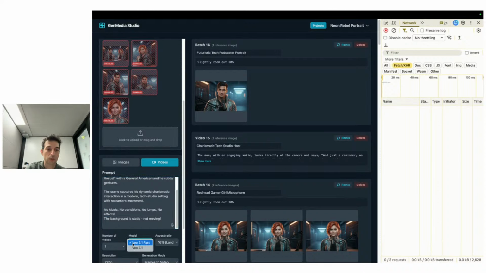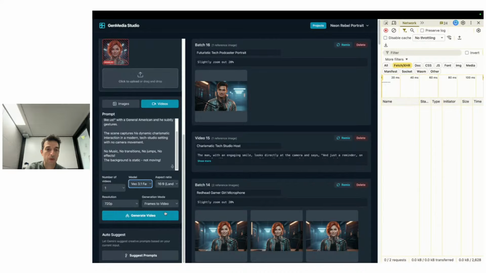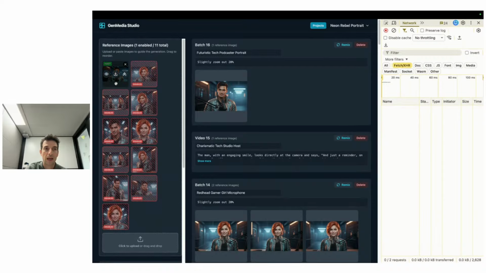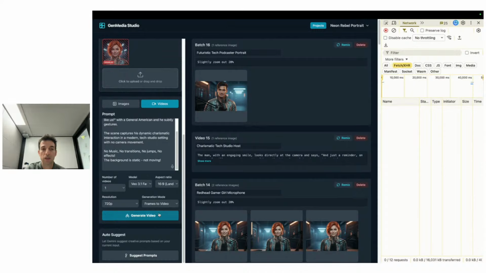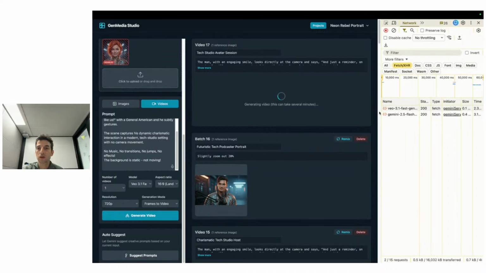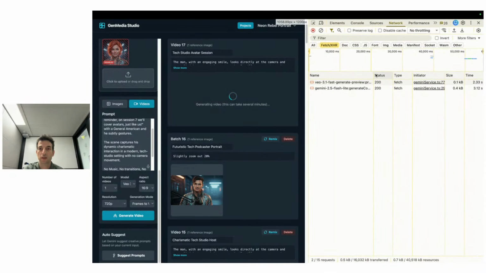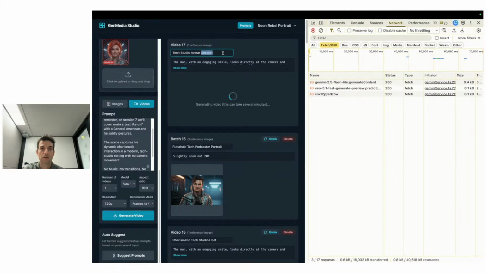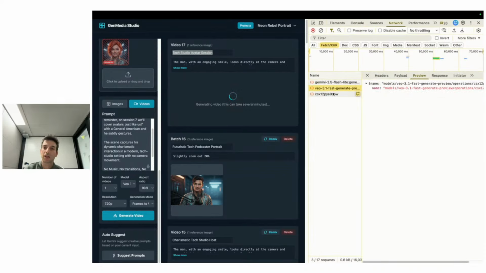And for model, we'll use VO 3.1 fast. Aspect ratio is good. We are using frames to video with 720p. And this is our first image. I can again also add a ending image, last frame, to do interpolation, but we don't need it here. So let's generate the video, and because I want you to actually go and see this process, right? So again, we are using Flashlight to create this kind of like Tech Studio avatar session, right? But more importantly, when we are working with VO, we don't get the response with